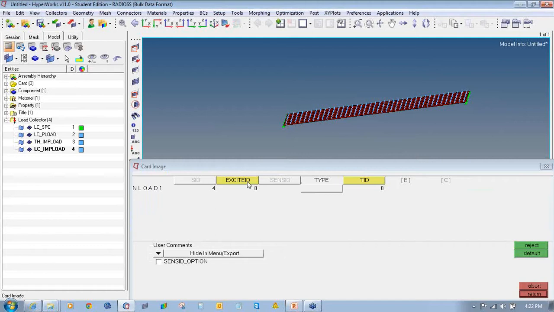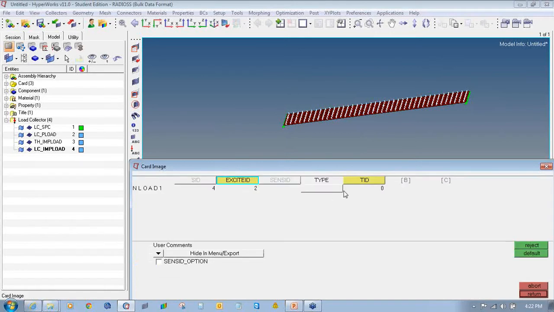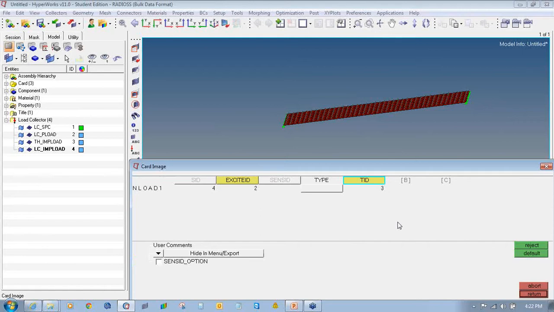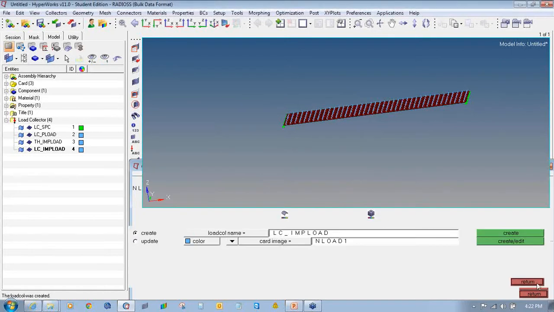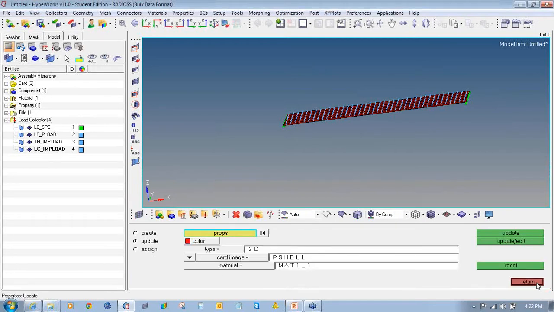In EXCITEID, I will select LC P load. In TID, I will select TH IM load. And in type, I will select load. Then we'll click return. Again click return to exit the load collector panel.